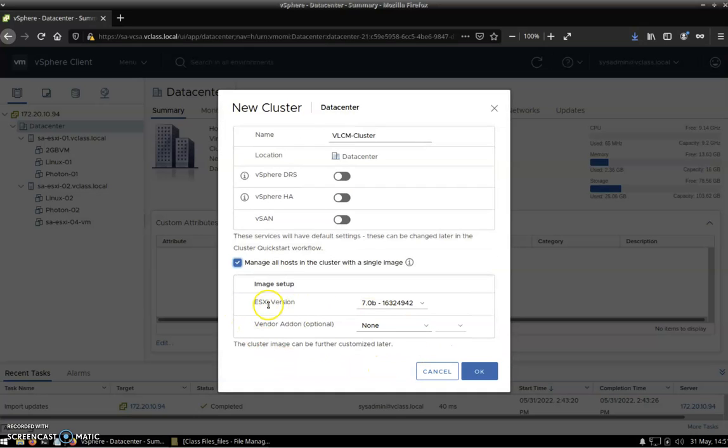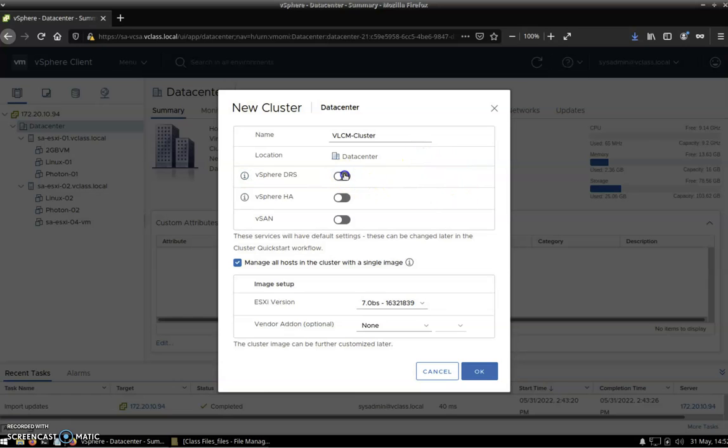Now you'll notice that the ESXi version that's selected is this one here, and I need to change this for purposes of the lab to 7.0 and so on. I'll leave this vendor add-on unchecked. Notice there's vendor add-ons, but we'll handle those later. And then the other element that I'd like to take advantage of is DRS. And if I turn that on, we should get an automation level of fully automated, migration threshold of 3, which